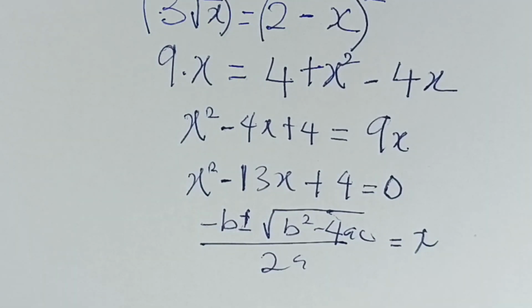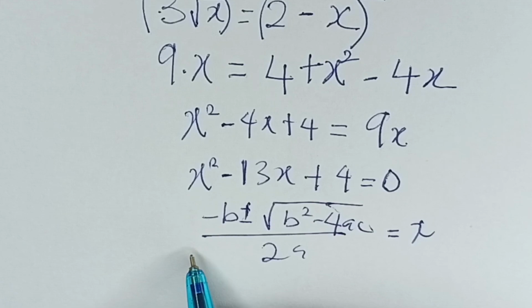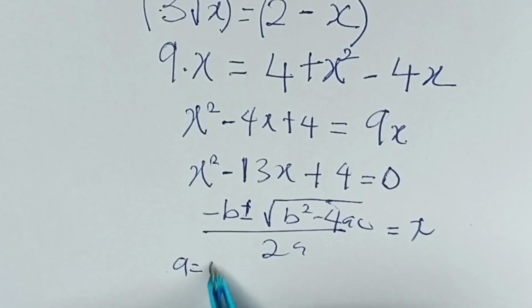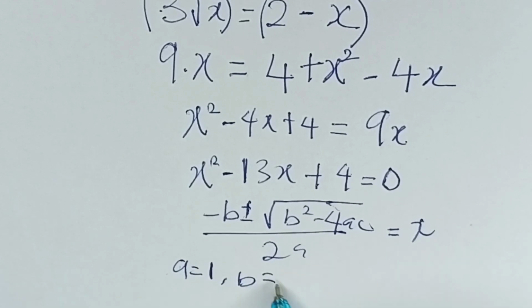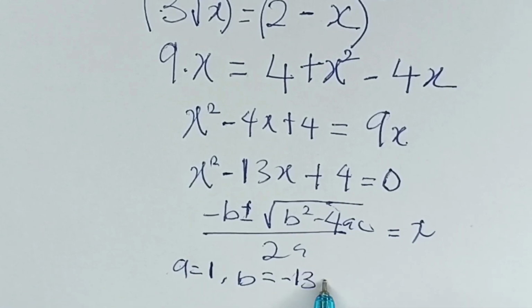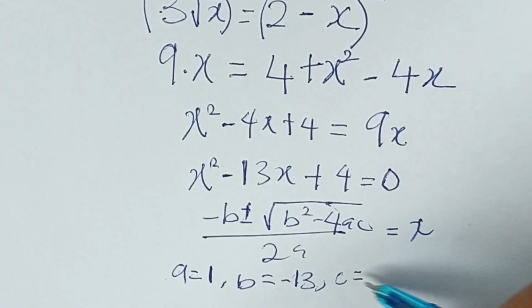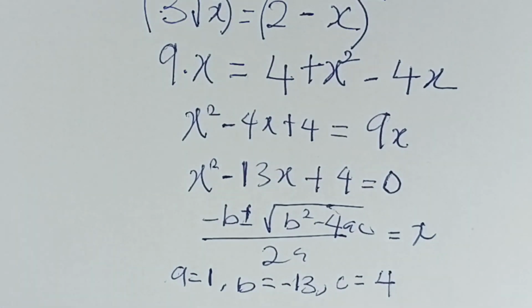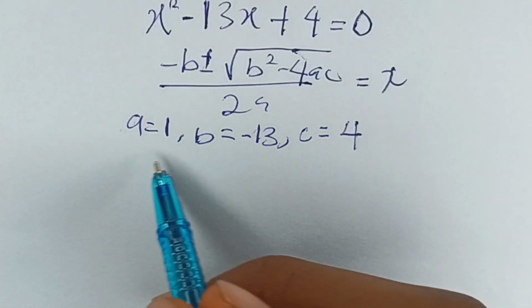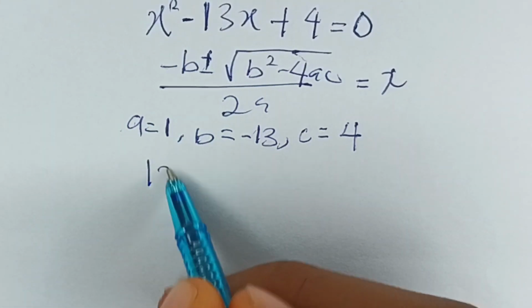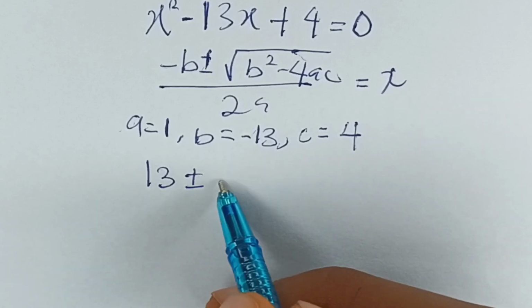Alright, now from here we can deduce that a is 1, b is minus 13, and c is 4. So we have from here minus 13 times minus is plus 13, plus or minus square